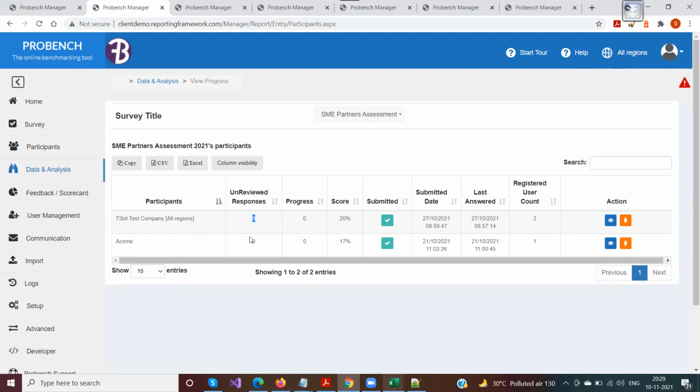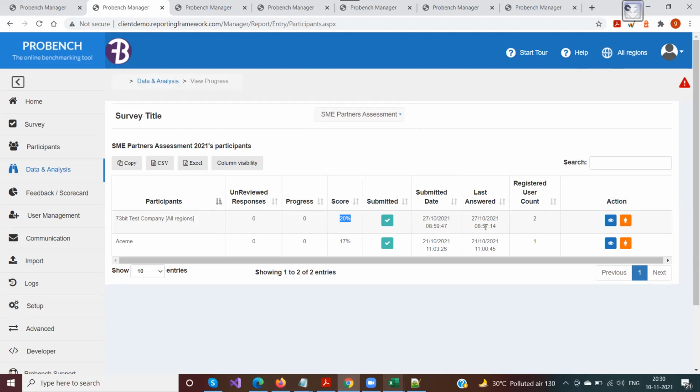Previously, when you clicked view responses, there were two screens. One screen where you would see the list of surveys, and then on click of further, it would take you to this particular page showing the responses, or the progress. But we have removed that additional screen and added a drop down here, which makes your life a bit easier instead of having multiple clicks. So this would show you the progress of this participant for filling up this survey, what's the score, the default score. This is not the final score, but the default score that Probench calculates, their submission status, etc.